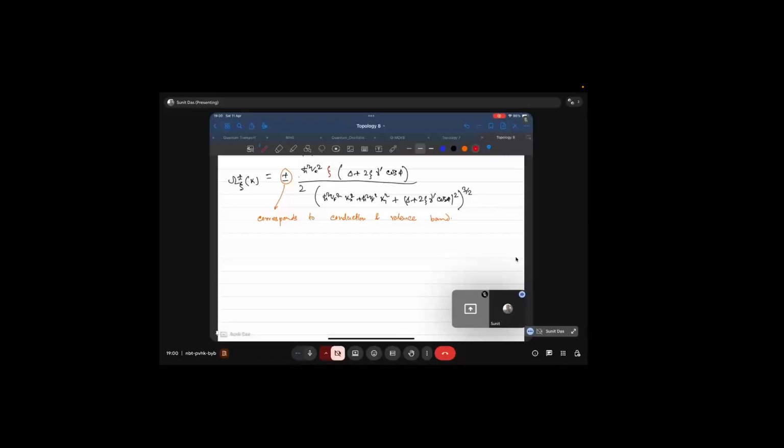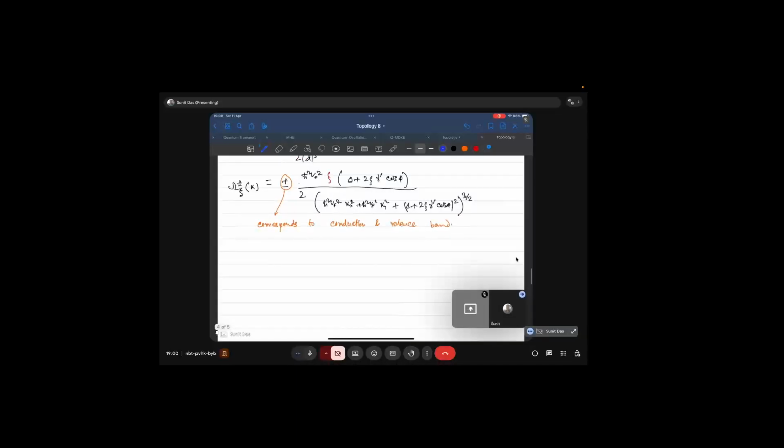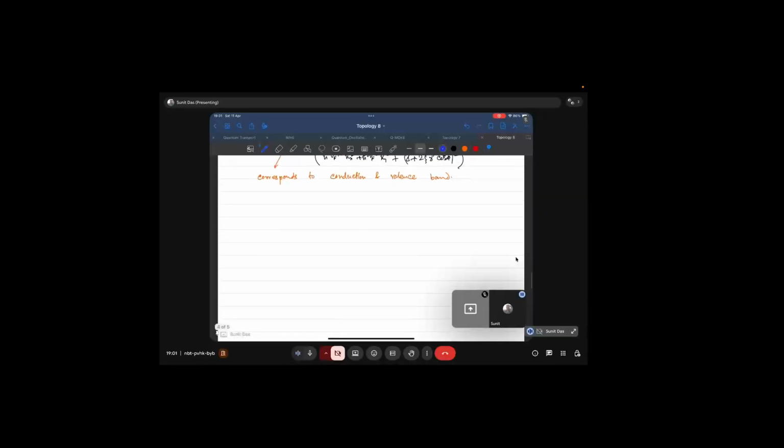So first, assume that gamma prime is zero. Remember that Haldane introduced the gamma prime term theoretically. So when gamma prime is zero, your omega xi